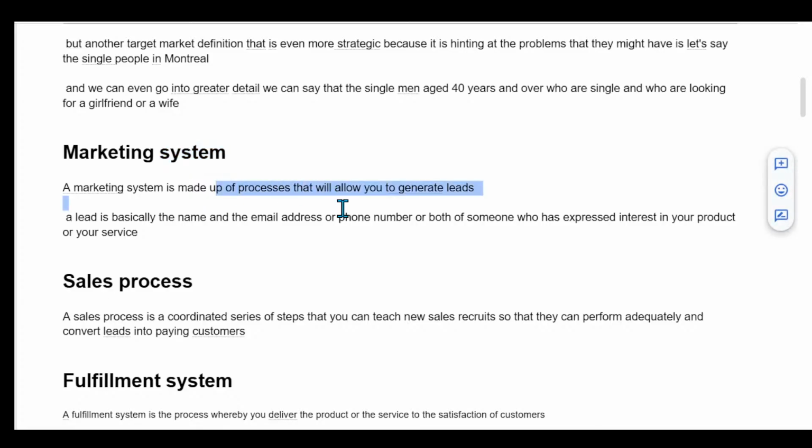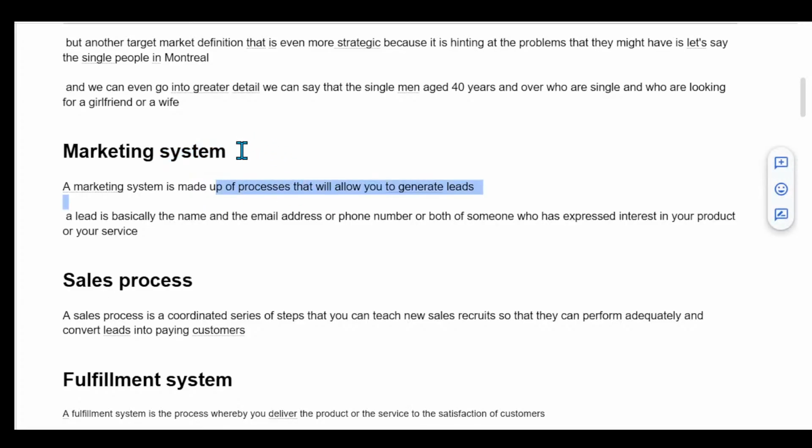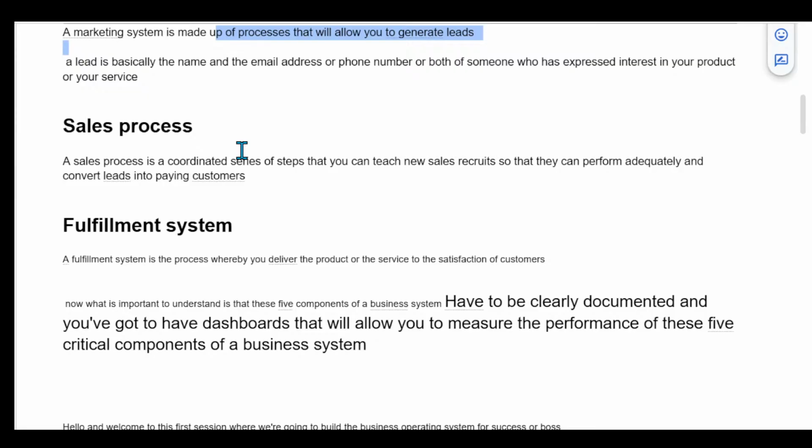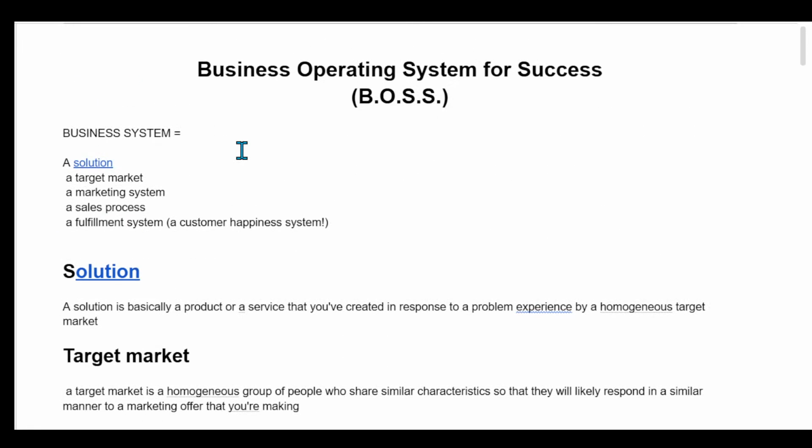So you're going to be able to improve this document, this business operating system, and therefore everyone is going to benefit. As you can see here, anyone who has access to this Google document can just click File and make a copy to their Google Drive, right? So this is totally open source. But since we're just starting with this business operating system for success, which in my opinion is better than Bitcoin,